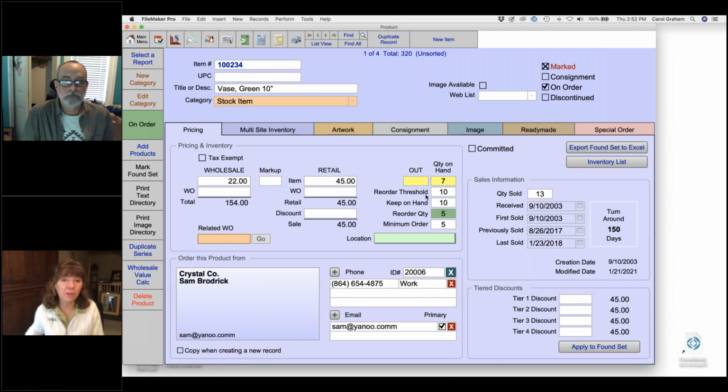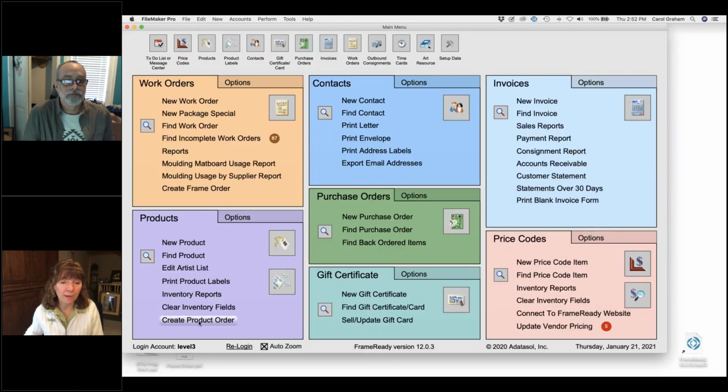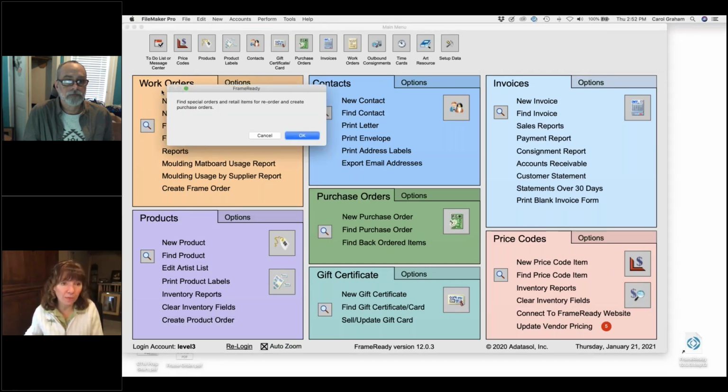And of course, then it'll change my turnaround time as to how often this item is selling and how well it's doing in sales. So that is a basic understanding of the purchase orders. I'm going to go back to the main menu, and we're going to click on the Create product order button. There isn't another screen that it goes to. It just simply says that any special orders that were created with the work order file and any retail products that were set to reorder are going to be added onto the purchase order,